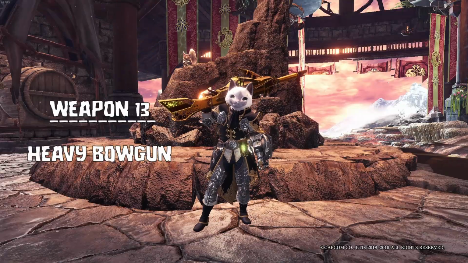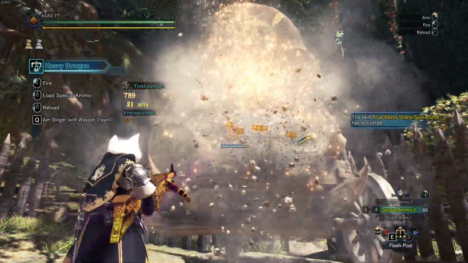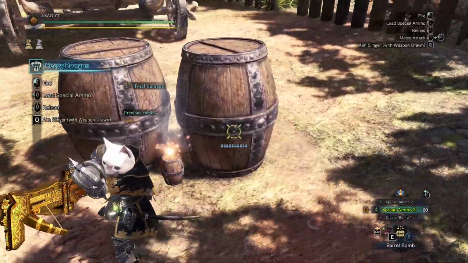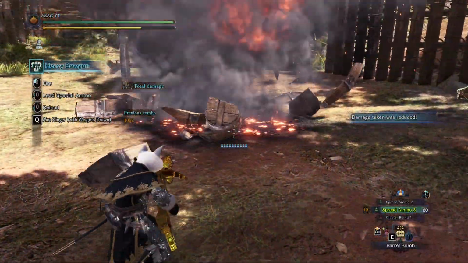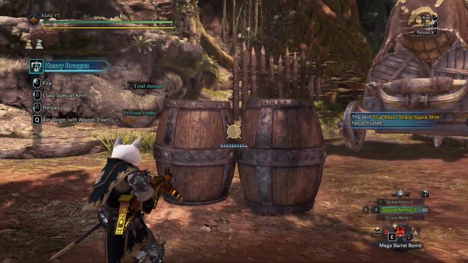Weapon number 13, the heavy bowgun. Just like the light bowgun, the heavy bowgun is a simple point-and-shoot weapon. Its slowness lends itself well to a more defensive playstyle, with 2 shield mods behaving more or less just as well as other shields. However, you should keep note that the shield is only active while you are aiming and